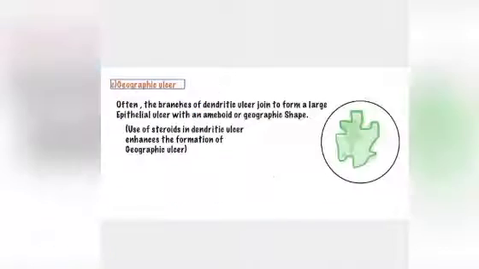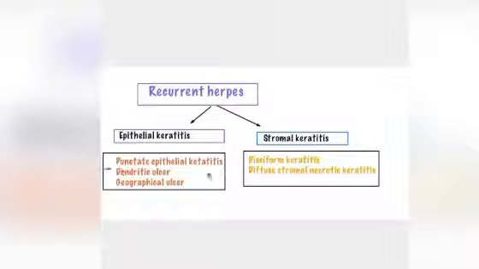Next, we are going to the stromal keratitis. So we finished the epithelial keratitis. We finished punctate epithelial keratitis, we know how to draw it. Dendritic, we finished learning that. Geographic also, we finished. Next is the stromal keratitis, that is a keratitis involving the stromal layer. So this is very huge: deciform keratitis and diffuse stromal necrotic keratitis.